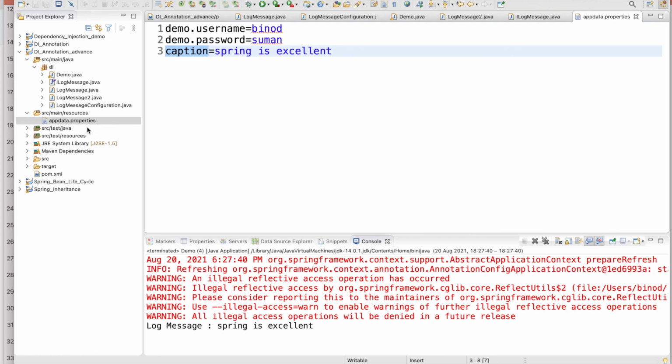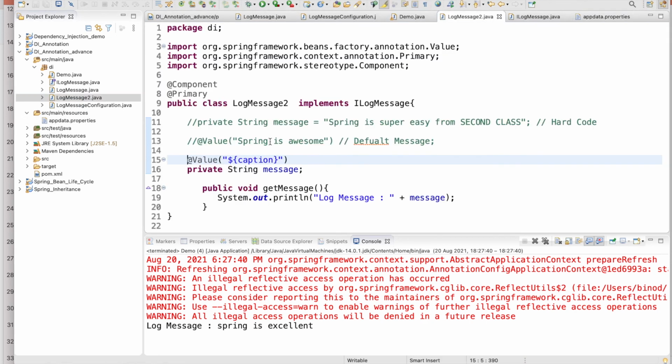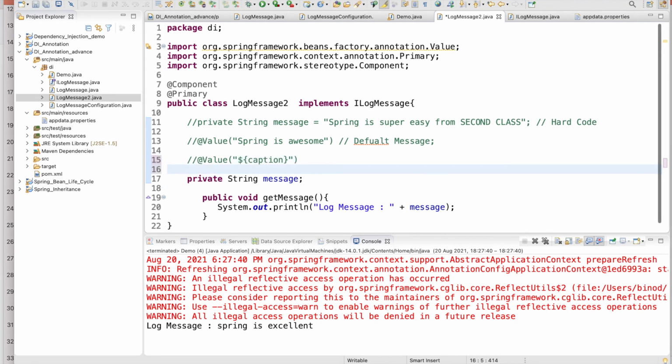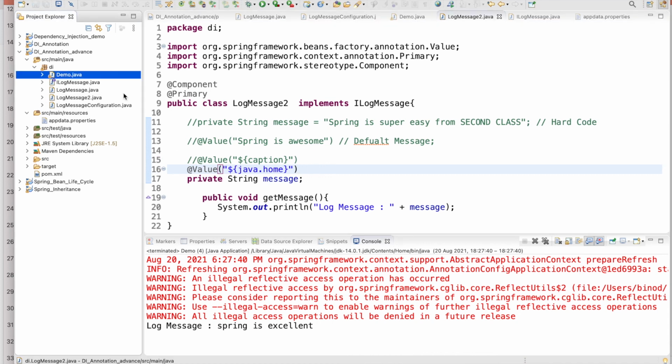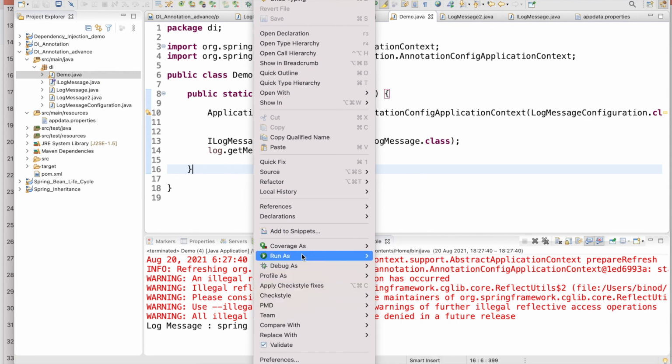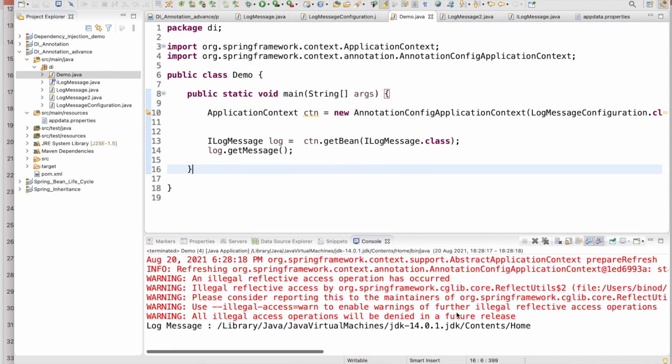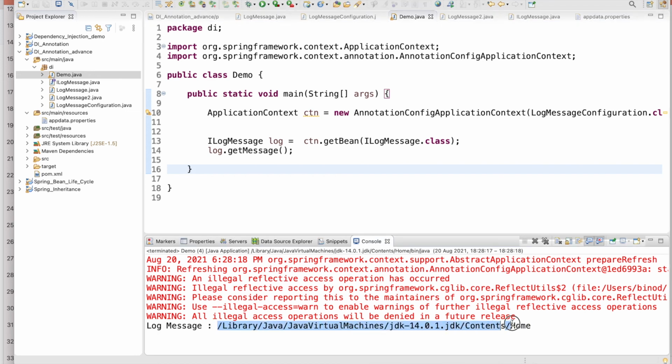Not only these properties values, but you can also fetch your system properties values. That is not very useful here, but I just want to show what system variables you have configured in your laptop. So suppose we configured the Java home. If you want to get the print of the Java home due to some work, you can also do that. Now run it, demo class, you will see the Java home here. See Java home here. So this is the way you can bring the properties file information into the Spring framework.